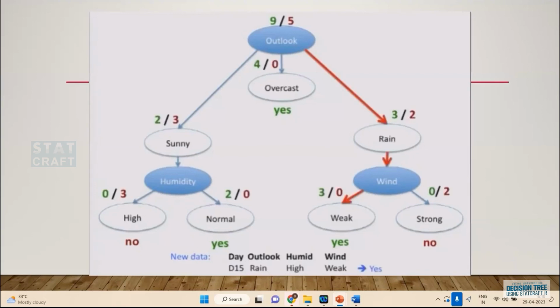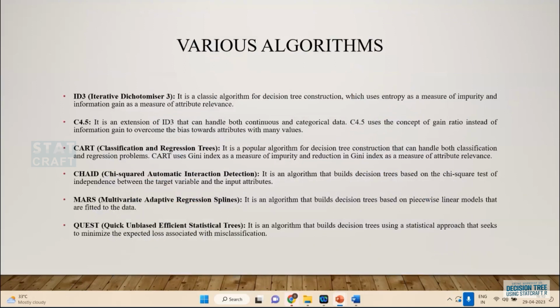Okay. So, yes, it will play the tennis. So, which are the algorithms which are available to us? There are in total 6 algorithms which are used in the decision tree: Iterative Dichotomizer, C4.5, CART, then Jade, Mars, and Quest. ID3 is a classic algorithm for decision tree construction, which uses entropy as a measure